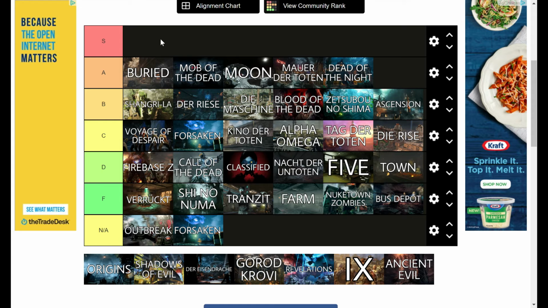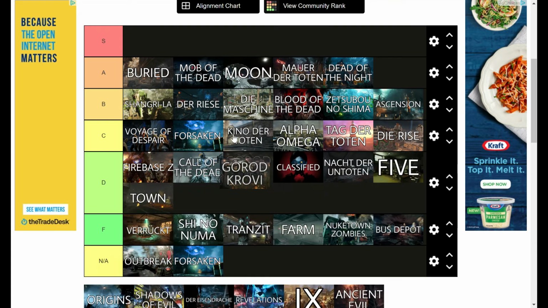The Witch's Hut, in order to get perks past your 4 limit, will also drastically help improve the map. So yeah, overall I think that this map is going to really be up there. And then I think that to top off our A tier, we are probably going to have Garad Crovey